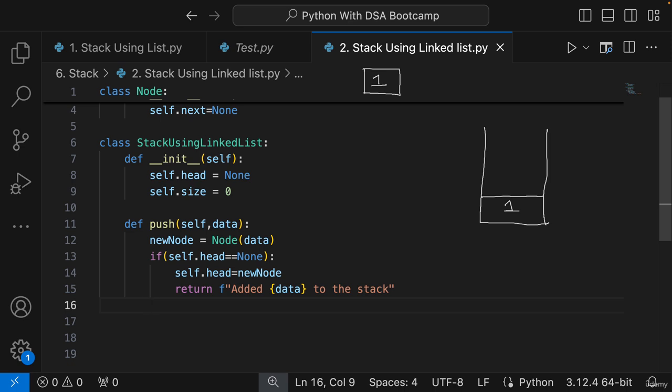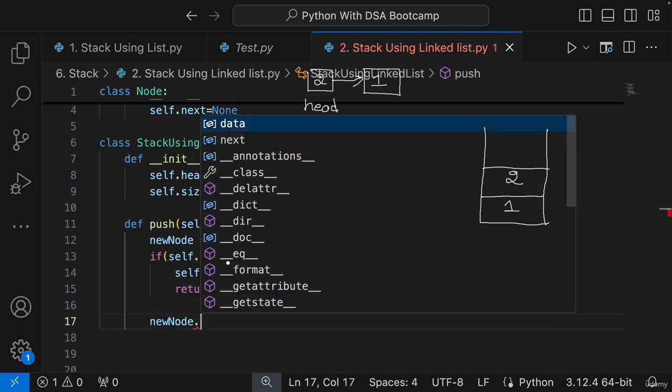But what if you try to add another element now? Let's say I want to add 2 now. If you want to now add 2 and linked list is not empty, we will have to make sure that we make a connection like this. So we have to just add on the head of our linked list, right? That is what we have discussed in the last video, that this is the overall understanding we are going to do. So on that matter, what we have to do, else if this is not the case,